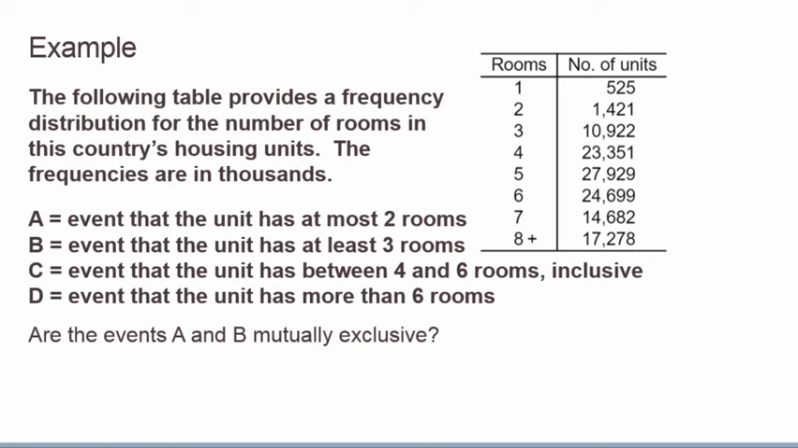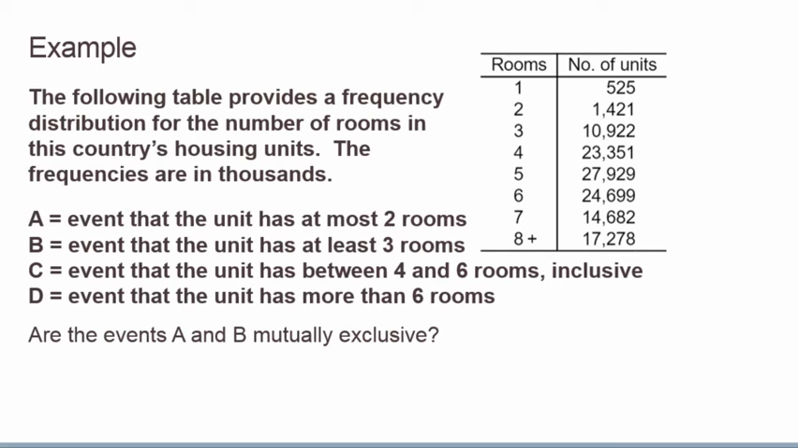Example: the following table provides a frequency distribution for the number of rooms in this country's housing units. The frequencies are in thousands. For one room, we have 525 units. Two rooms, 1,421 units. Three rooms, 10,922 units. Four rooms, 23,351 units. Five rooms,